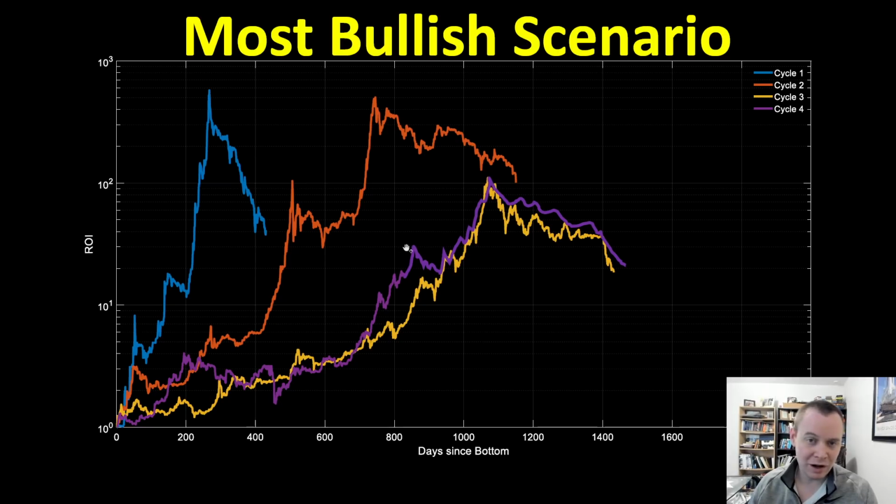So when you see people talking about, say, a $300,000 Bitcoin, they're sort of assuming that it's going to do 100x from the bottom, and it would basically have to emulate the last market cycle to do so by the end of December. Or if it did it even faster, which is what a lot of people are calling for, then they're essentially saying it's going to go to some of these levels by this summer. So this would be the most bullish scenario.